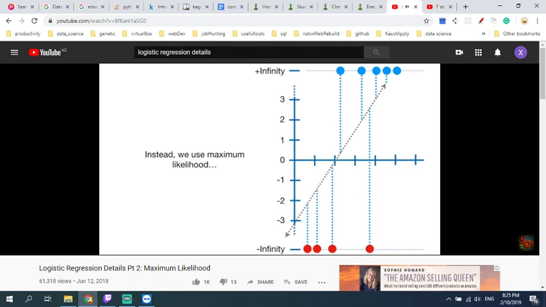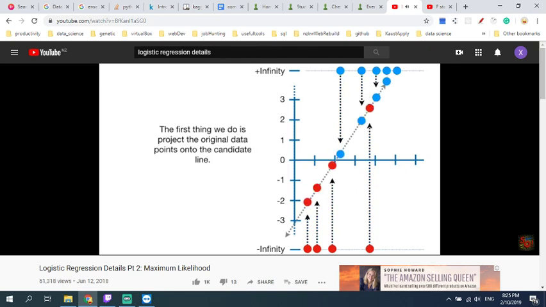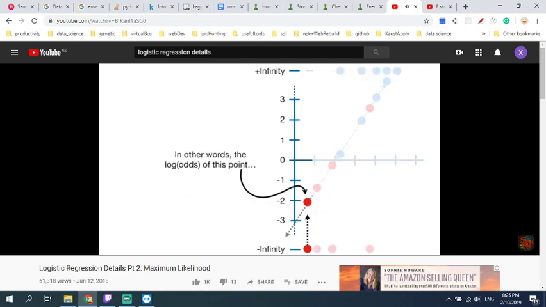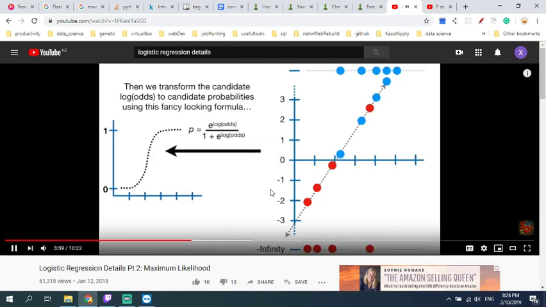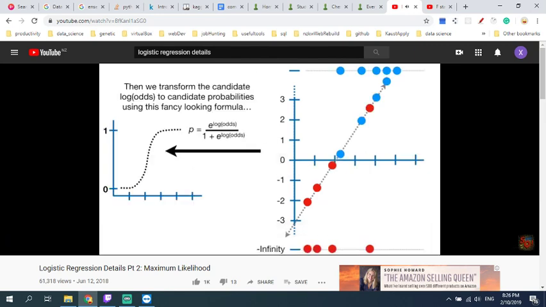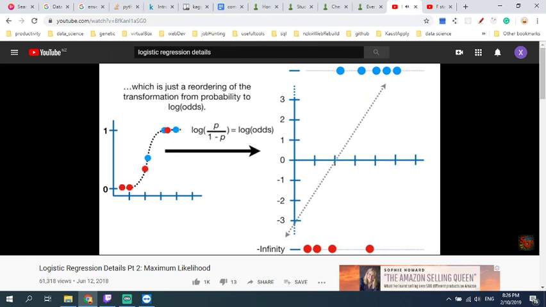Instead, we use maximum likelihood. The first thing we do is project the original data points onto the candidate line. This gives each sample a candidate log odds value. In other words, the log odds of this point is 2.1. And then we transform the candidate log odds to candidate probabilities using this fancy looking formula, which is just a